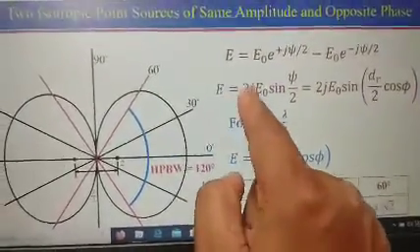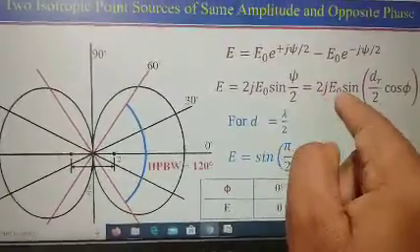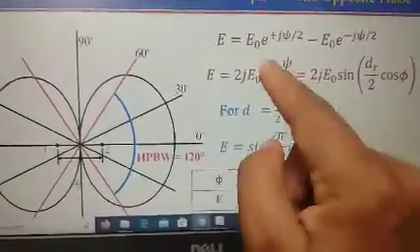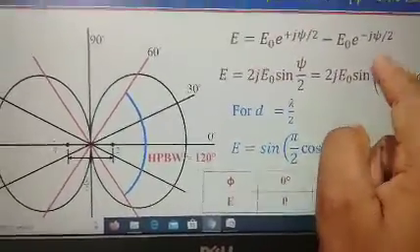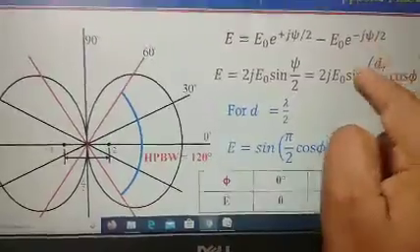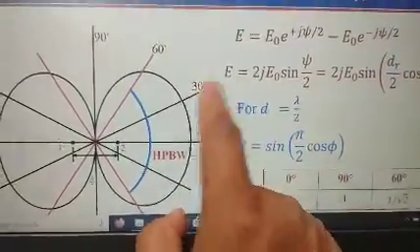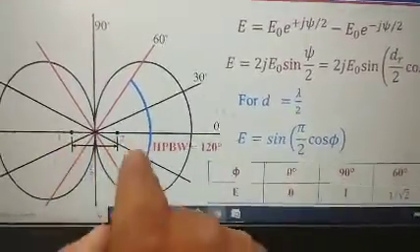Then E, which is equal to 2j E0 sin(psi/2), which is equal to 2j E0 sin(dr cos phi/2). Here psi is equal to dr cos phi. At a distance point we are able to measure the electric field E. Here the isotropic point source 1 and isotropic point source 2 are located